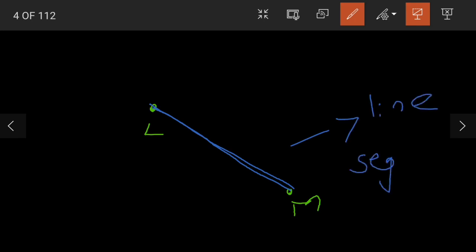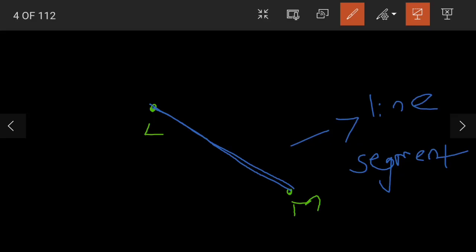Okay. So after that you have to take a ruler. What is a ruler? Ruler is nothing but a scale. Yes. Now take a scale and join the 2 points, that is join point L and point M. Now upon joining, what are we seeing here? This blue line is called a line segment. This blue line is called what children? Line segment. L-I-N-E line, S-E-G-M-E-N-T. Now this line is called a line segment.